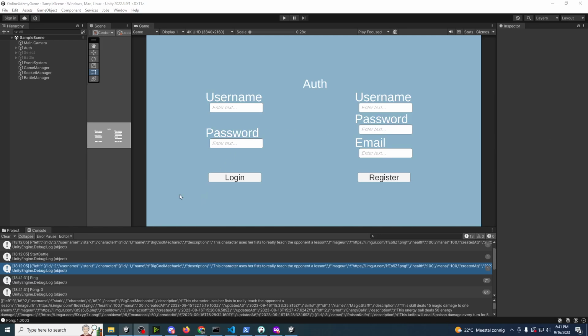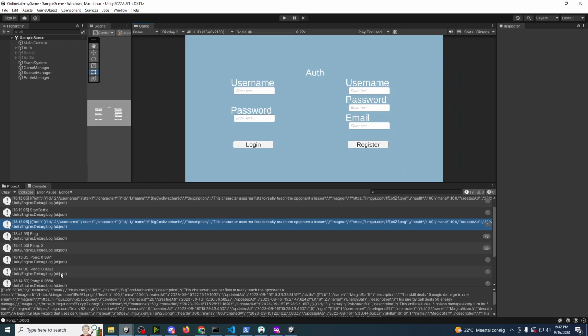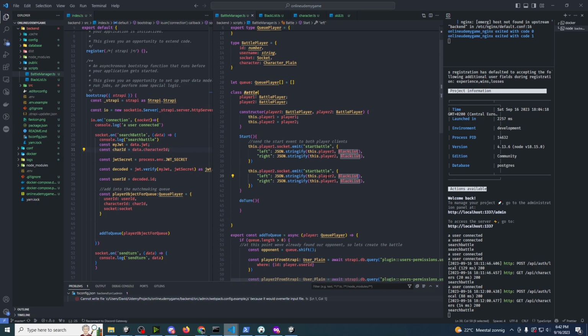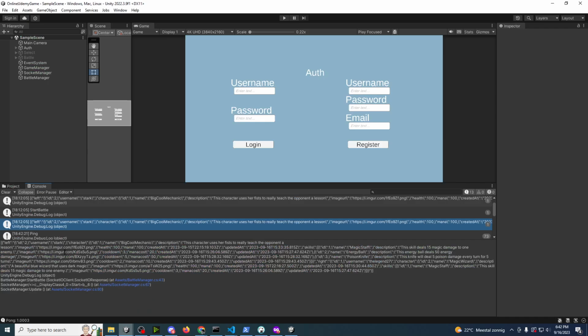Welcome back, everybody. In the last video, we managed to open up the battle screen and receive our response. Remember, we had to use some multi-threading to jump from one thread to another. As you can see, we were sending a blacklisted player object because we had some recursive issues from player to socket to player to socket. It does correctly send the character, the big cool mechanic, with its health and also its skills, with the name,